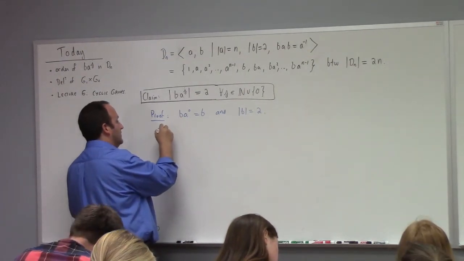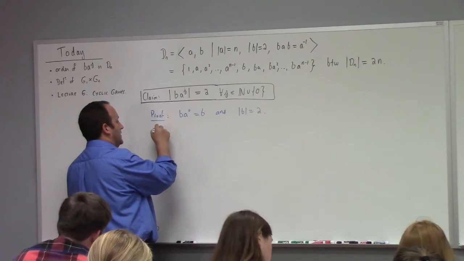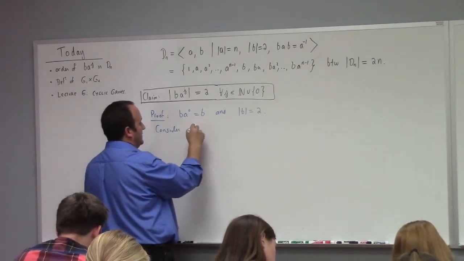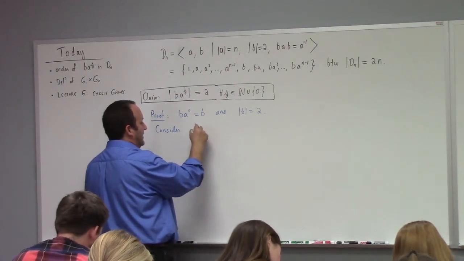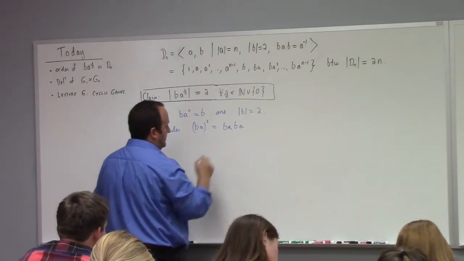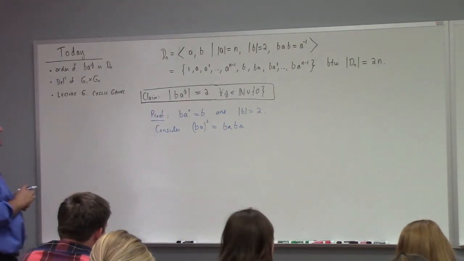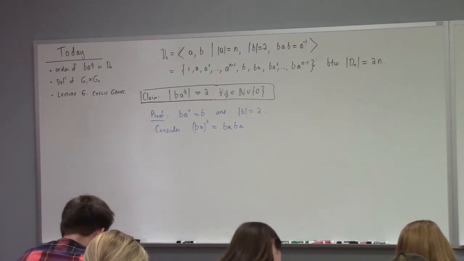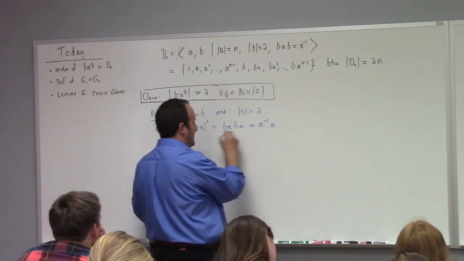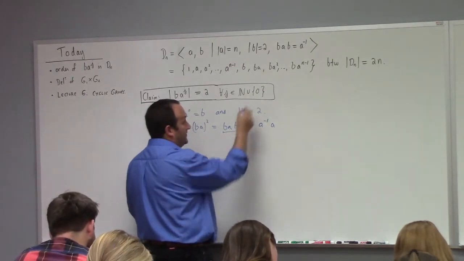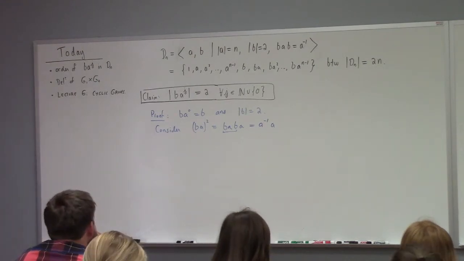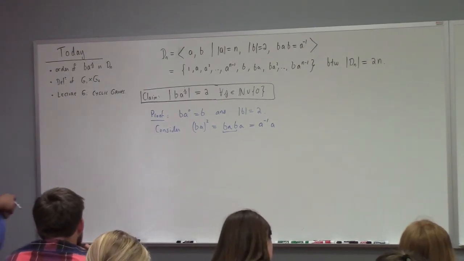Let's see here. So consider that ba squared, right, is equal to baba. All right, but what is baba? It is a inverse a, actually. See, because this bab is a inverse by construction of the dihedral group. And so a inverse a is